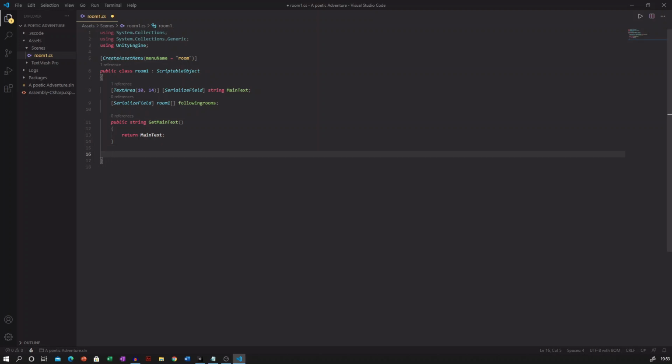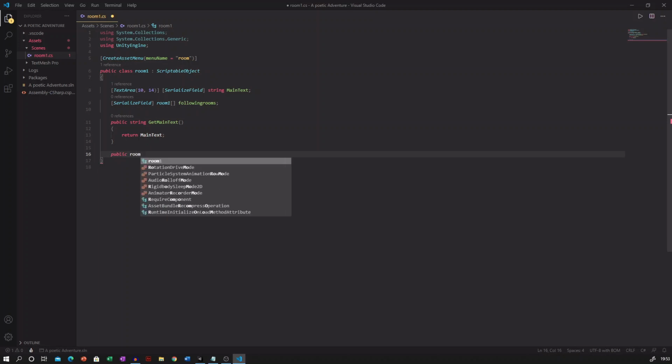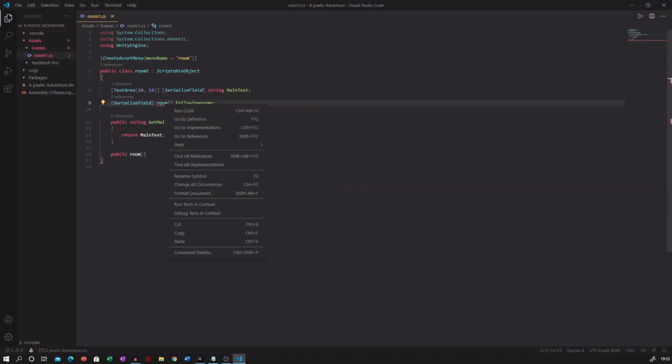And now let's just say you want to get the data of the following rooms. Let's say you've got room 1 and you've linked room 1 with room 2, room 3, room 4, and maybe multiple other rooms, and you want to know what rooms are to come after room 1. So in order to do that, we'll just do the same thing, and we'll create a function with a return type of an array. There we go. You don't want to name this room 1, but let's name it room. Well,